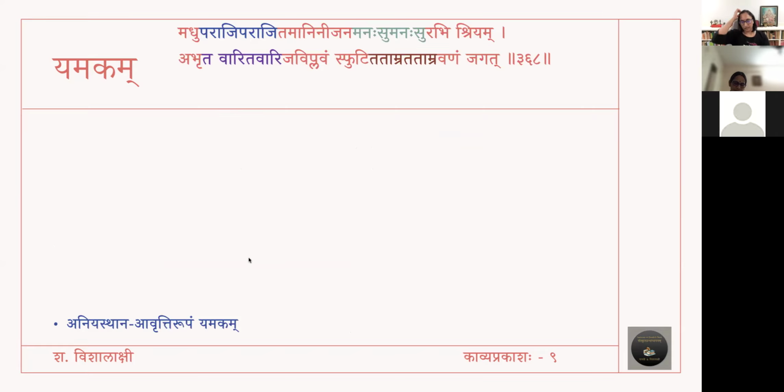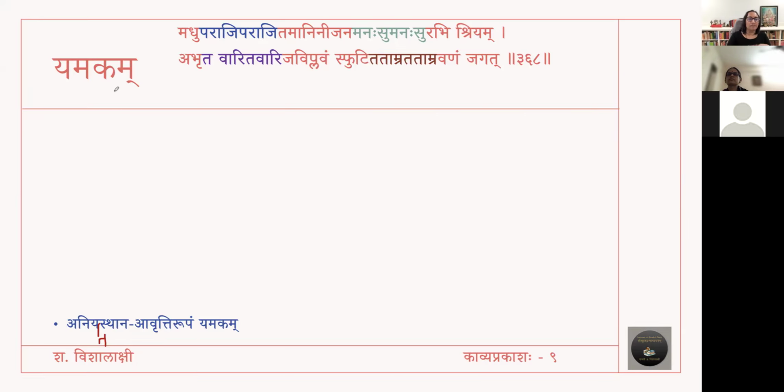There is an argument about this shloka as to what the Yamaka is, whether it is Tribhaga Yamakam or anything. Adalla, it will not fit. So the Vyakhyata has clearly given it is an Aniyatasthana Avritti Rupam Yamakam. There is no Niyatam Sthanam. There is no proper Adi Bhagaha, Anta Bhagena Saha Yamyate Ityadi. There are no definite rules here. You just take it randomly. So it is an Aniyatasthana, random Yamaka in the shloka.